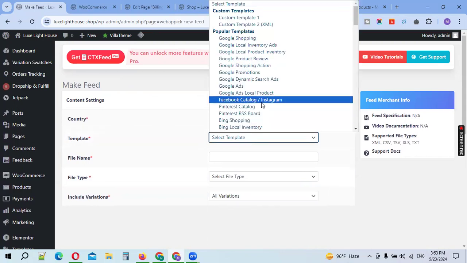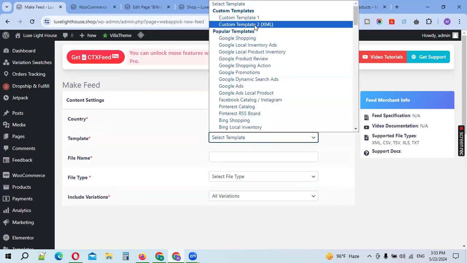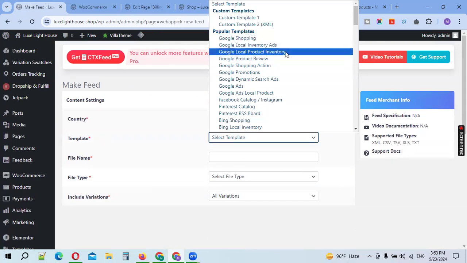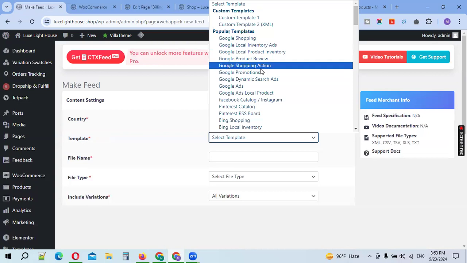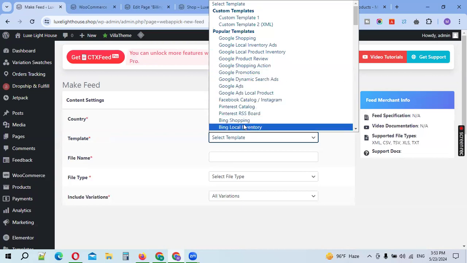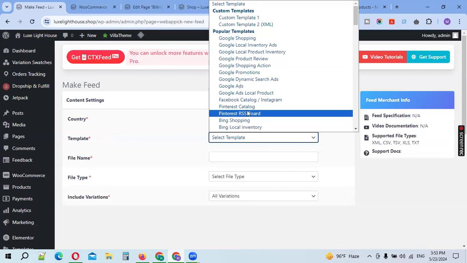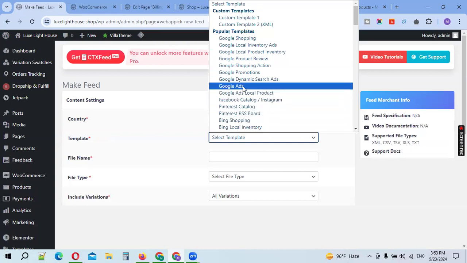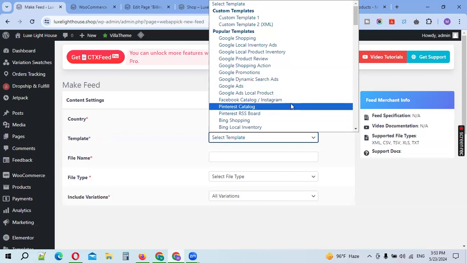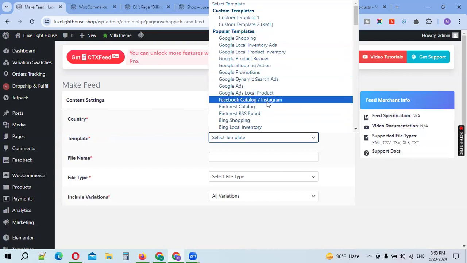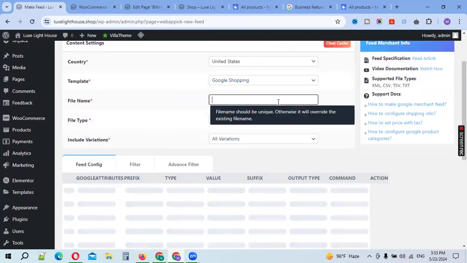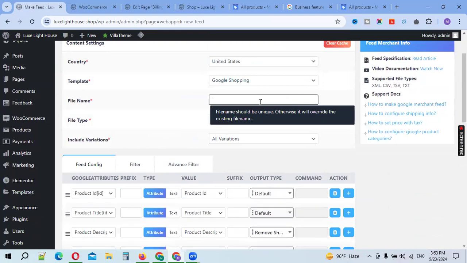What is the template? You can check custom, then Google Shopping, Google local inventory, local product inventory, product review, shopping actions, Bing Shopping, and more. Facebook catalog, Facebook, Google Ads, local product, Google Ads dynamic ads, all are popular. I need Google Shopping, so I select Google Shopping. For the file name, I can choose any file name. I choose this content